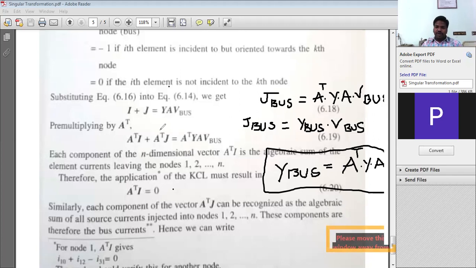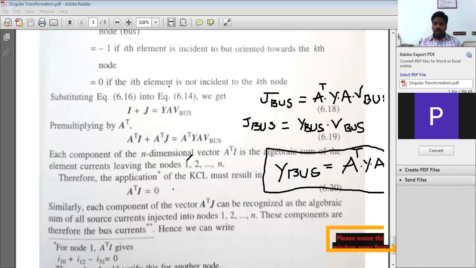Definitely, I will give you this material on how to obtain the singular transformation. When compared with the direct inspection method, singular transformation is somewhat difficult. So that's why for obtaining the load flow solutions or power flow solutions, we follow direct inspection. If you are given the electrical network directly, you can form the Y bus just by looking at the network. You need not struggle much like with the singular transformation. That is the difference between the direct inspection method and the singular transformation, right?